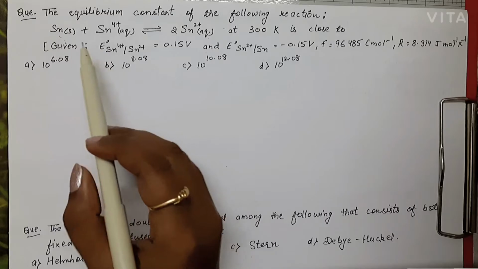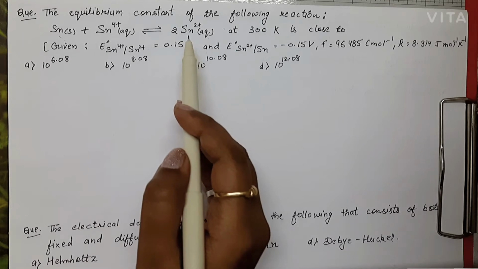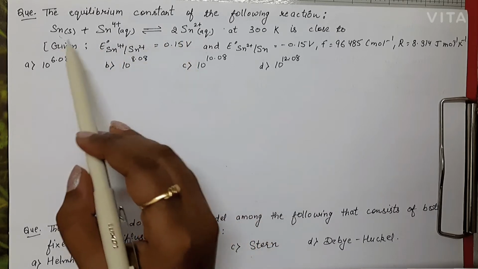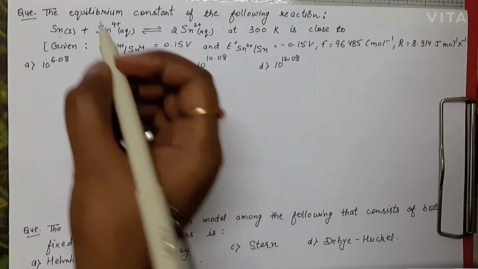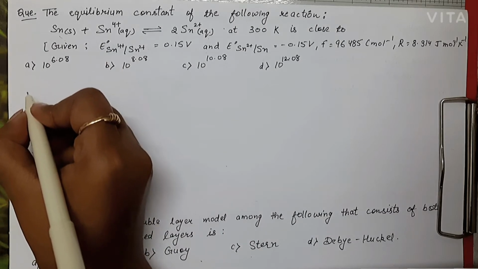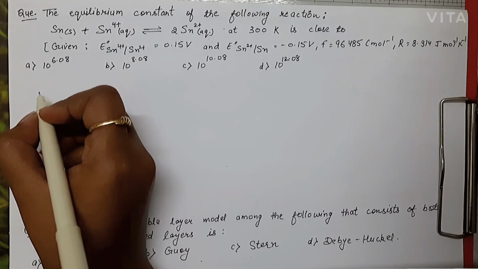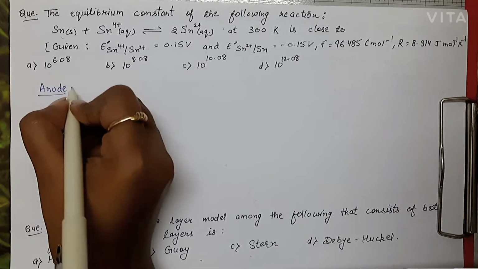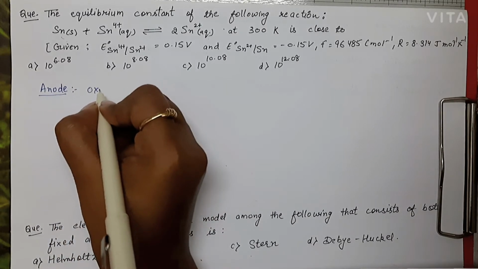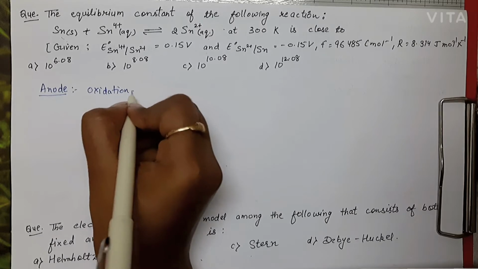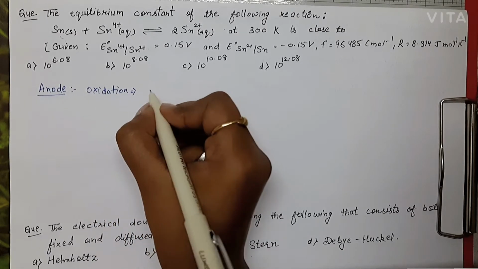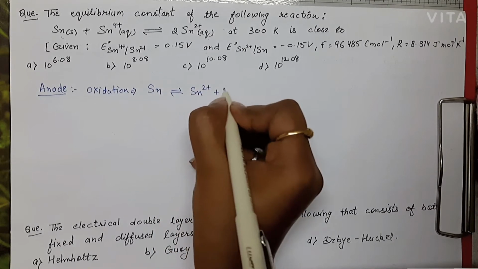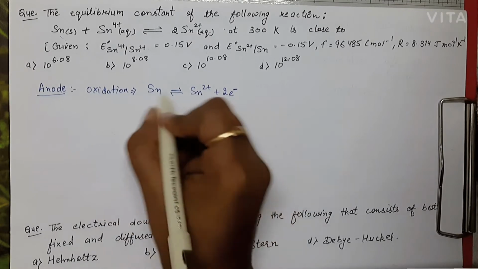Now this is an overall net cell reaction. Why I'm saying this? Because in the final equation electrons are not appearing, so this is the overall cell reaction. So if I want to write down the reactions at anode and cathode respectively, then they would be: at anode oxidation takes place, right? Oxidation means removal of electrons. So definitely tin will be losing the electrons and changing to Sn2 positive. This is the oxidation taking place at anode.